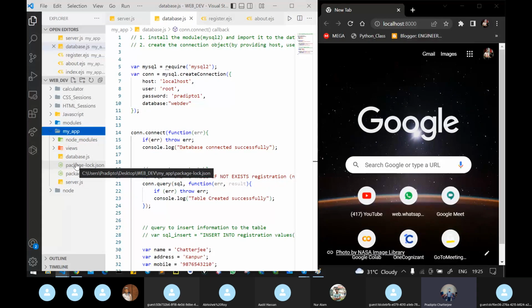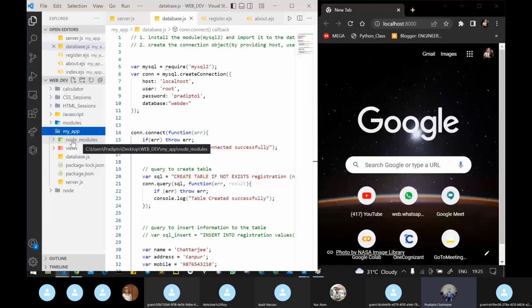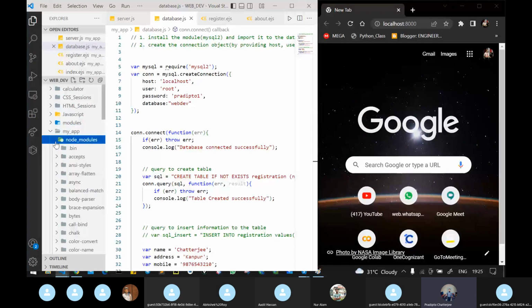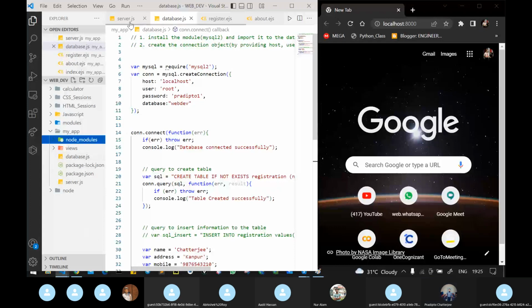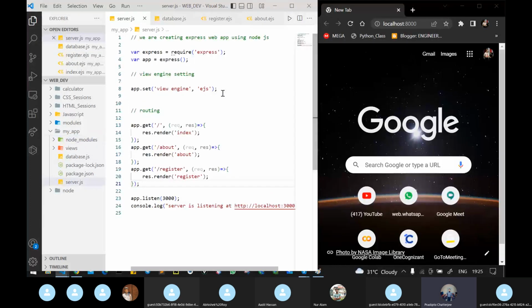When I write npm start and initialize the project, then automatically whenever I install modules, all the modules will be installed inside the node_modules folder. Like you write npm install express, and then you can create the Express application. Then you can set the view engine, so you have to install EJS. In this way, this is what we have done, right? Now apart from that,